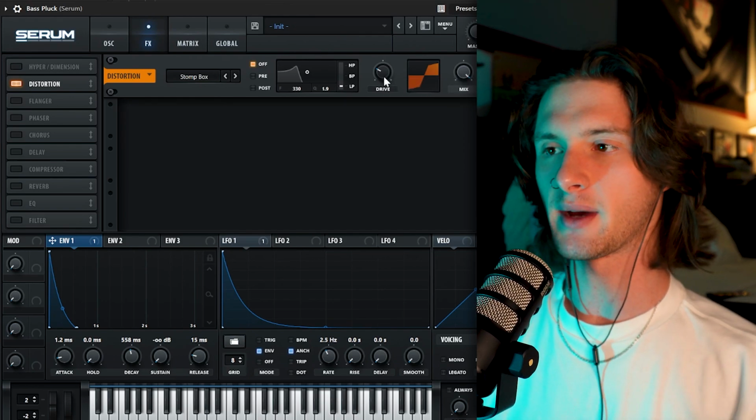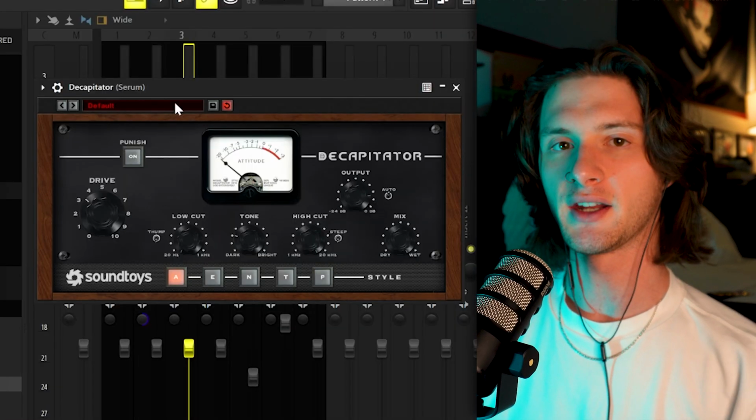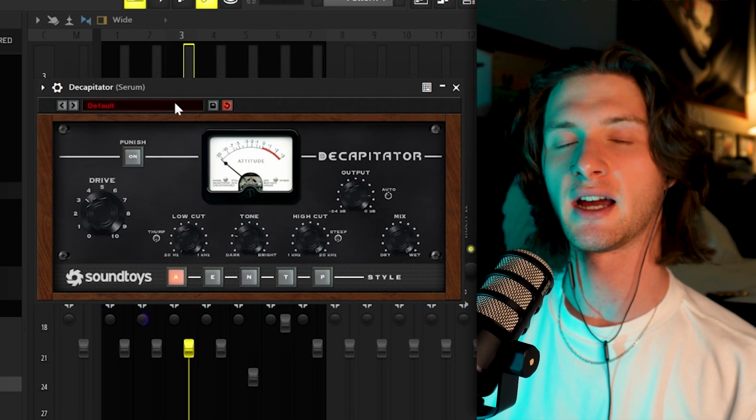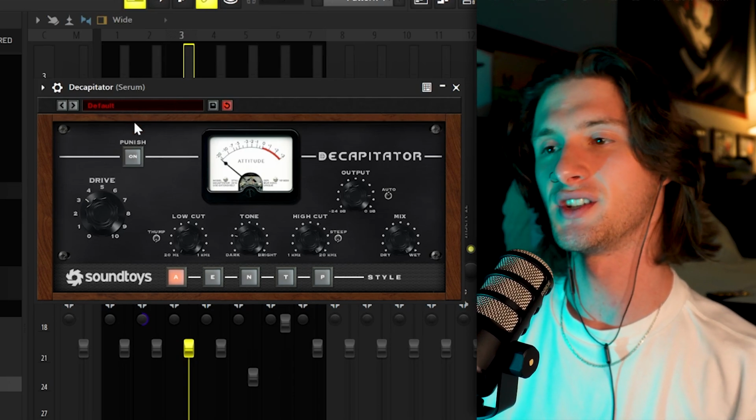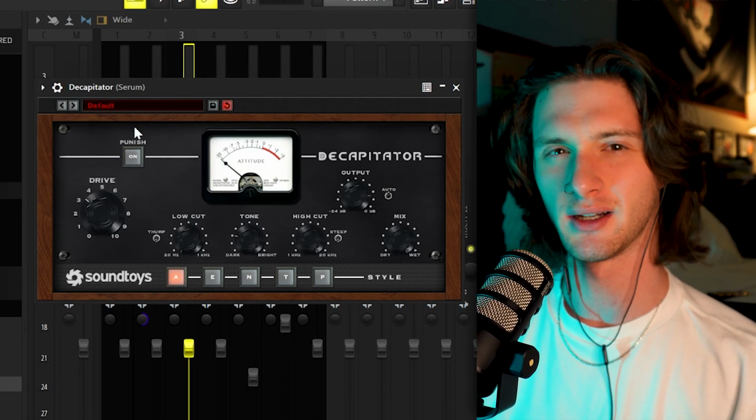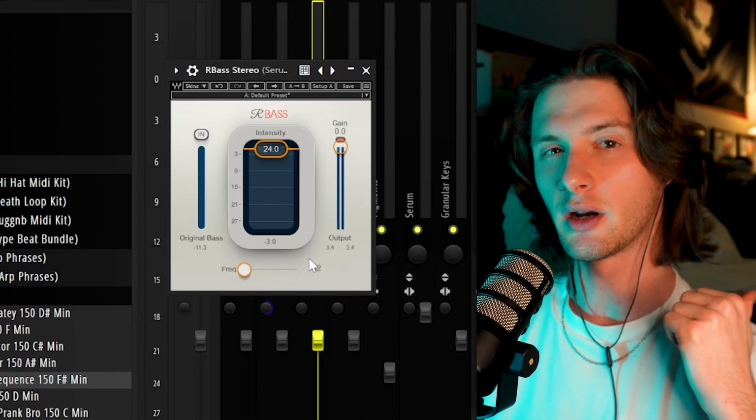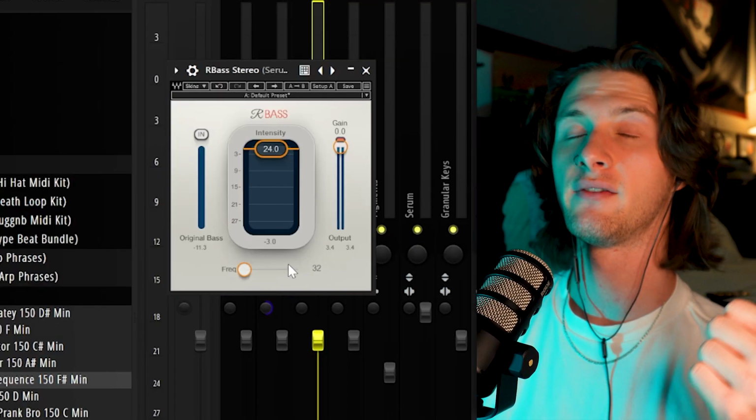And for this, I have the drive at about 10 o'clock with the mix at 100. And then as far as post-processing goes, you're going to want some kind of distortion plugin. Yet again, I'm just using Decapitator, but any distortion plugin will do really. As well as that, you're either going to want to put down R-Bass stereo, which I heavily recommend getting if